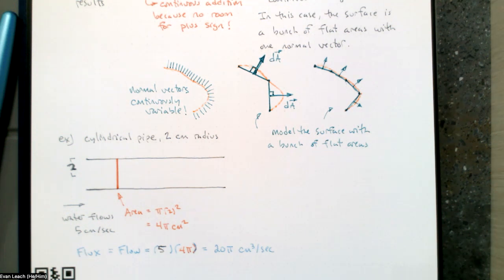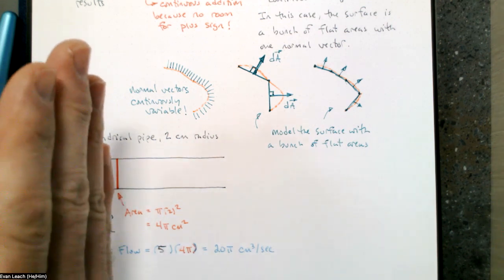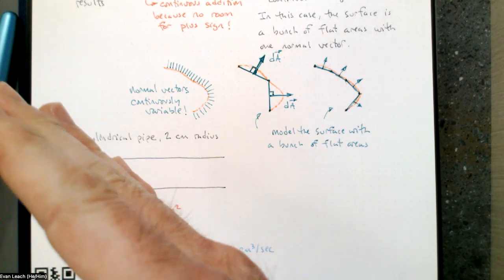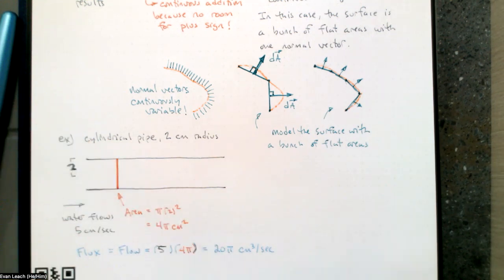The area is not always 4 pi square centimeters. It's 4 pi square centimeters if I draw a circle perpendicular, if I draw a circle as the cross section of the pipe. What if I draw an ellipse? If I just take this circle and tilt it at an angle, let's say theta with the flow,